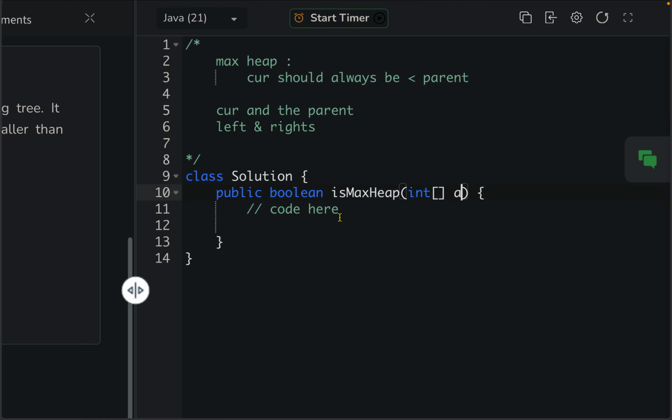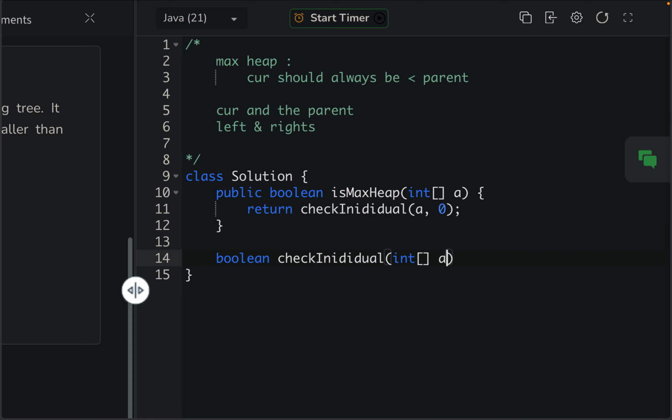So we have known that current is always lesser than parent, and I need to do it for every other node, that means left, right, and the current node itself. So if I can check individually, starting from 0,